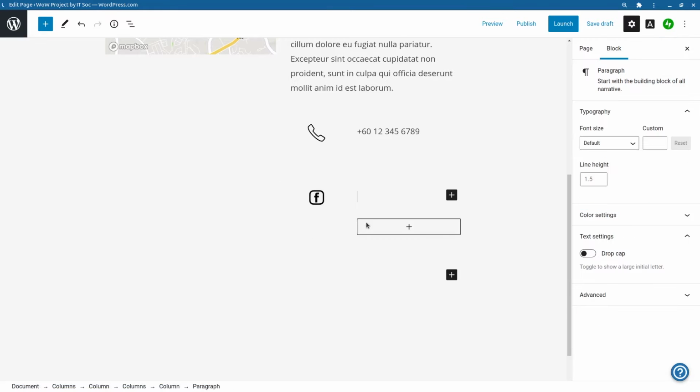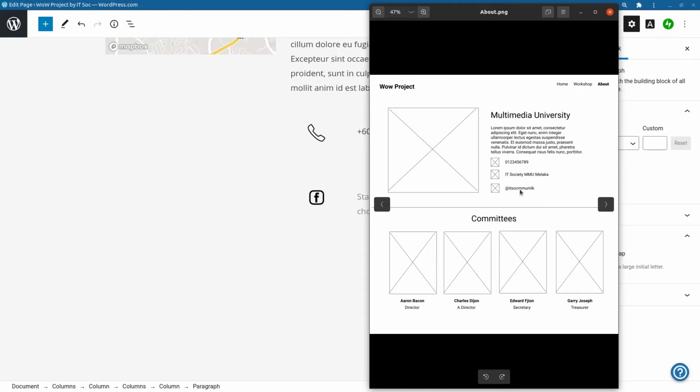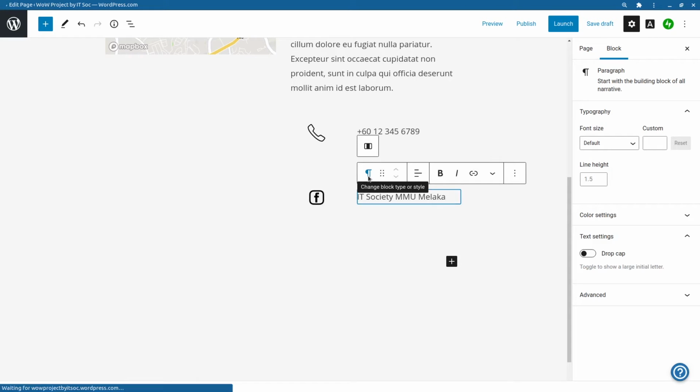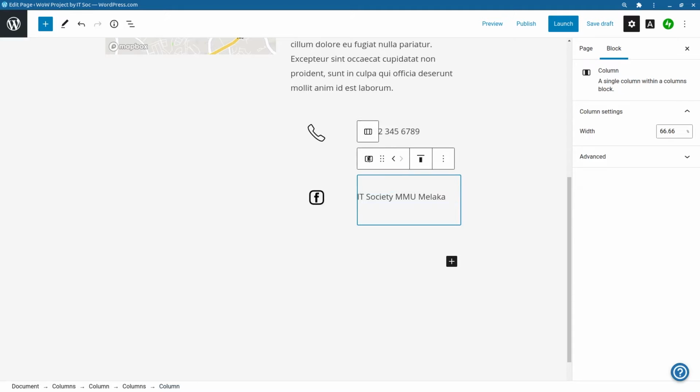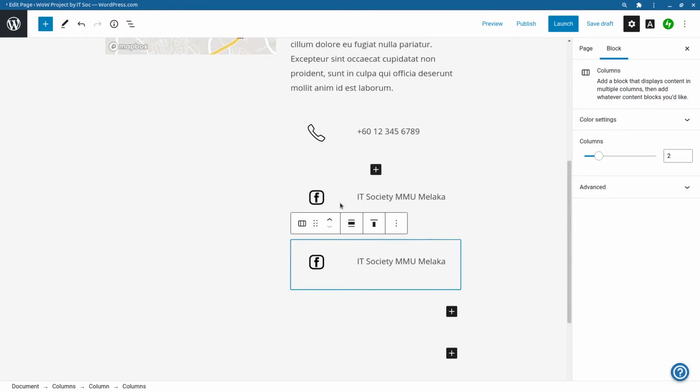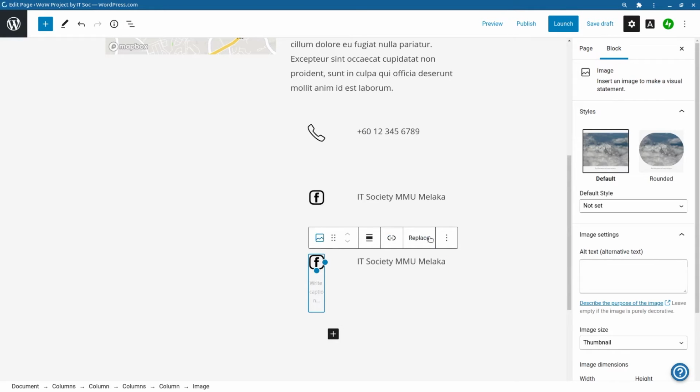Just ignore that. I'm not sure if the background is really transparent or not. So the Facebook and Instagram. Here you can select the parent block. Now I have selected the whole column, and I'll just press Ctrl Shift D to duplicate. And now I'll just replace the image off to the side.